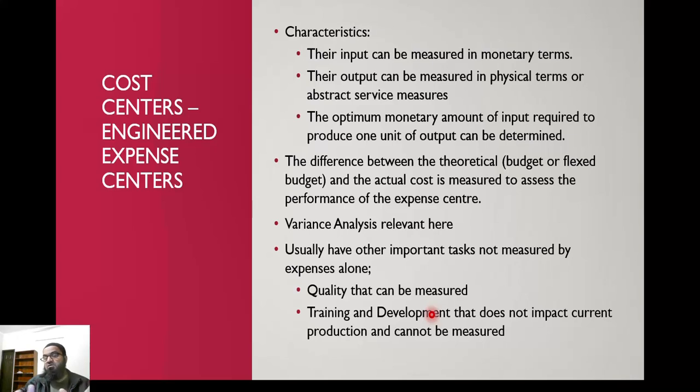So how many units have been rejected in inspection, for example, right? This can also be one criterion. Training and development, in terms of how many staff have been trained. Training and development can also be reflected in whether the direct labor is making mistakes and causing more wastage, or incurring more labor hours, for example. That will show not the training and development efficiency for the current period, but maybe for the previous periods, right?